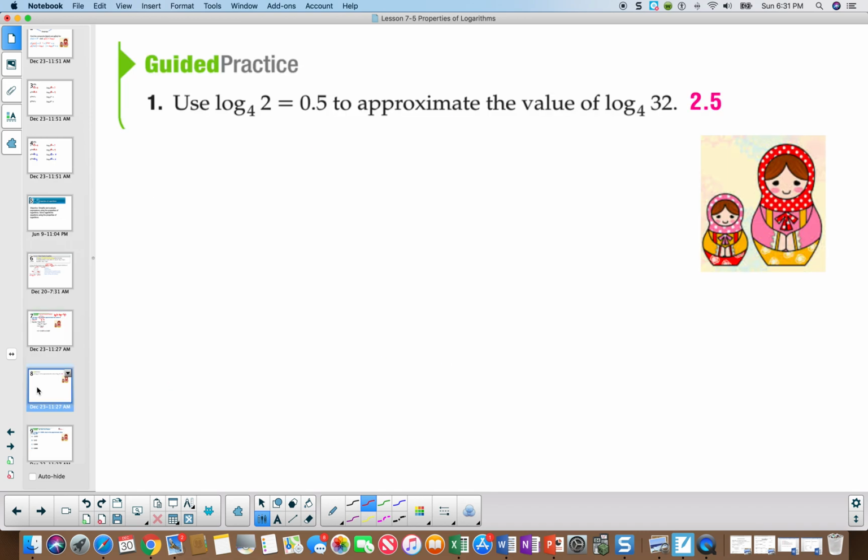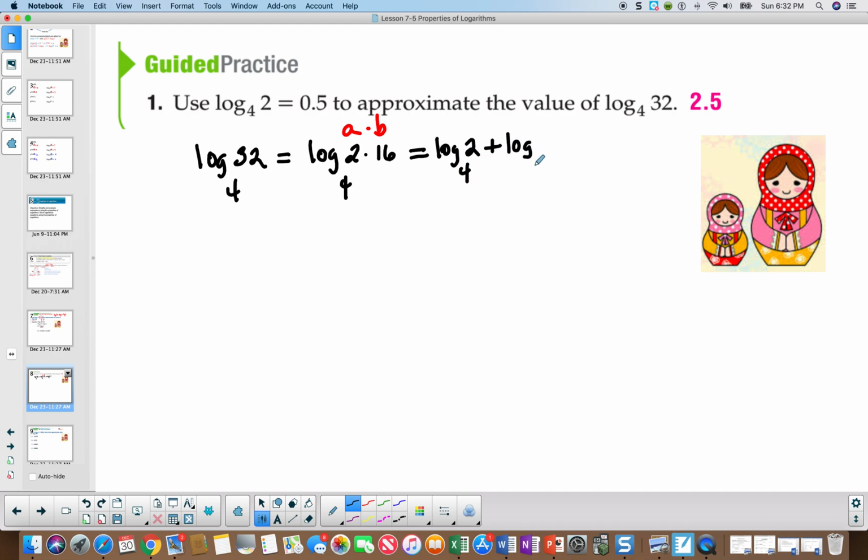Okay, let's practice a little bit more. I want to figure out log base 4 of 32. Now I know that 32 is 2 times 16. So this is a product like a and b. So I am going to separate them, and it'll be log base 4 of 2 plus log base 4,